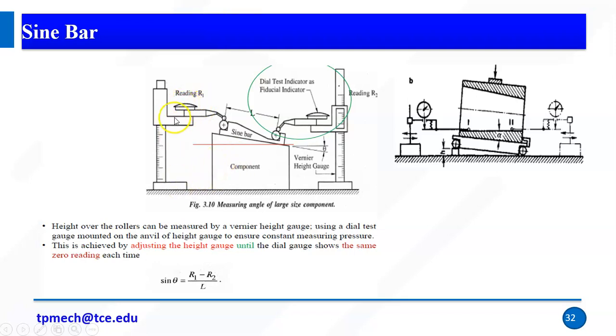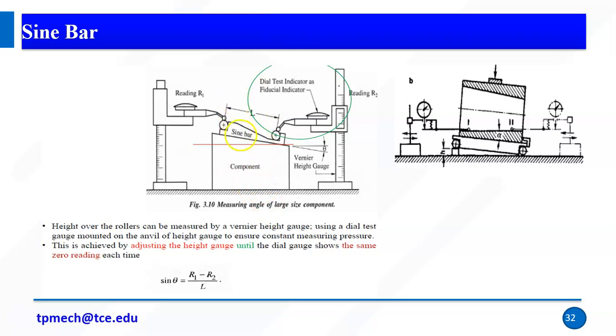So this side I can measure the height, and this side I can measure the height. I touch this roller, and as far as the reading is concerned, if the dial gauge reads 0, then the pressure is correct. So here also I set 0. And remember the L, you need to check and ensure it, right? For example, if the sine bar length is 100 mm, then the L should be 100 mm. We need to ensure that manually, there is no other way, right?